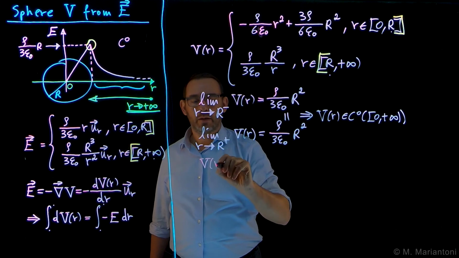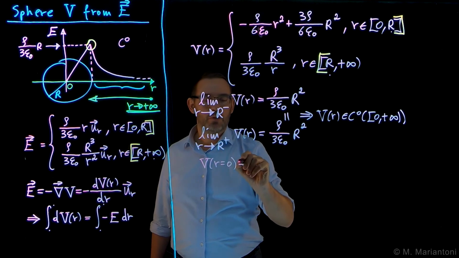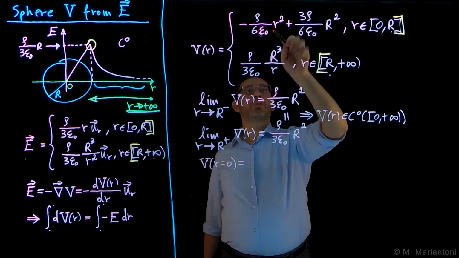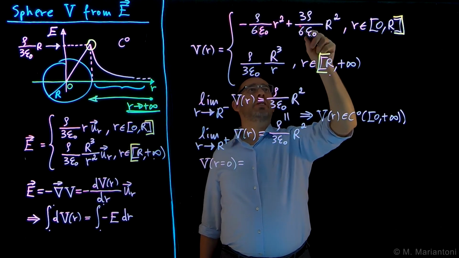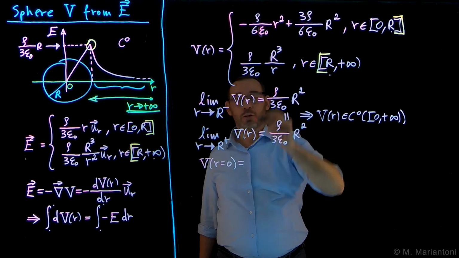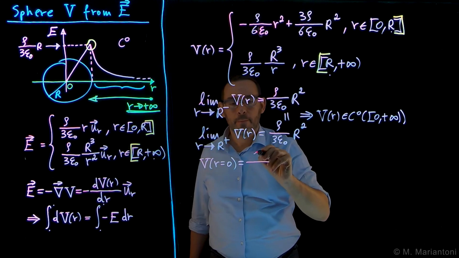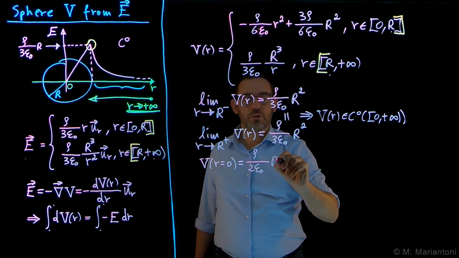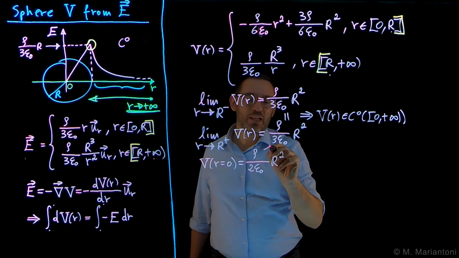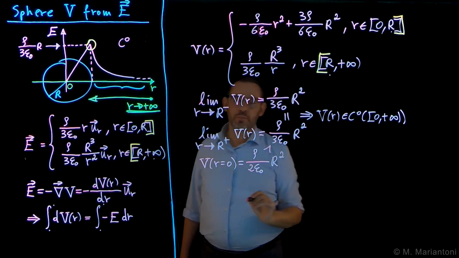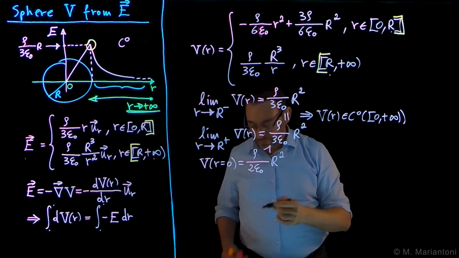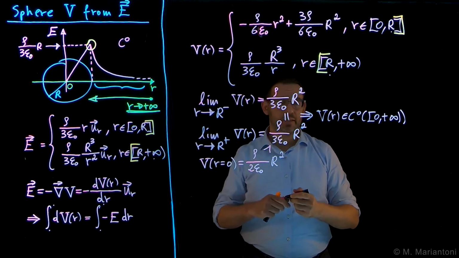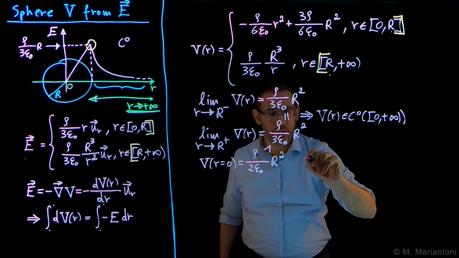Another thing we can compute, for example, is v at r equal 0. If you just plug it in, of course, you need to use this expression here. So at r equals 0, this cancels out, and we obtain 3 over 6, which is 1/2. So rho over 2 epsilon naught capital R squared, which is a quantity larger than this quantity here. And so finally, if we were to plot, as in this case here, the electrostatic potential,